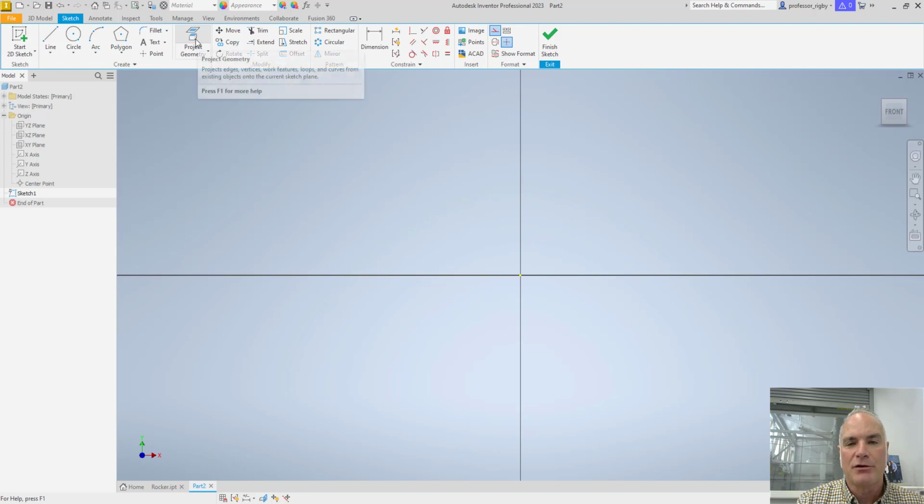What I want to do is project geometry, and I'm simply going to come over to the x-axis in my history and click on it. And you'll notice that it projects that x-axis in here as a construction line. The construction line will have a dotted consistency so that it doesn't look like a regular line. Now that I've projected that into my drawing, I want to turn off that construction geometry, and now I can